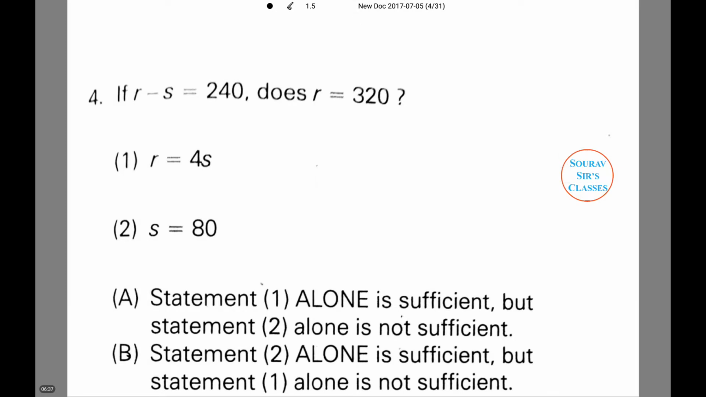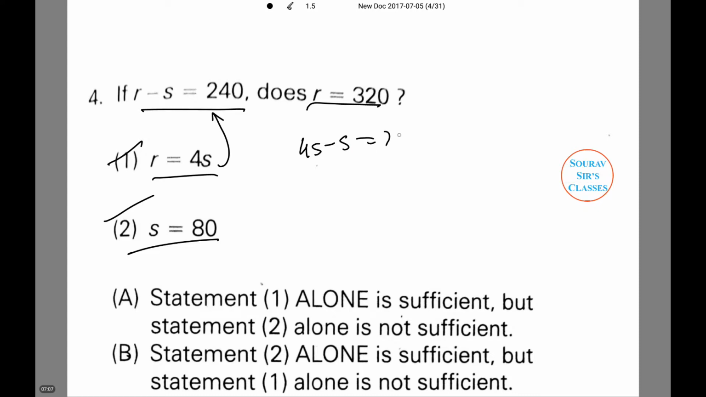We have a similar kind of question as the second question that we did. We are given r minus s equals 240 and asked whether r equals 320. We are given two statements, r equals 4s. Notice one might be eager to say yes or no on this data sufficiency problem because s certainly gives us the answer, but if r is equal to 4s, then we can substitute it in the first equation, giving us